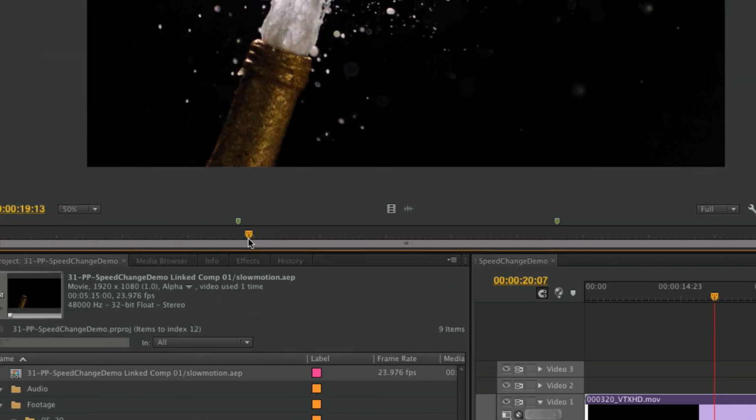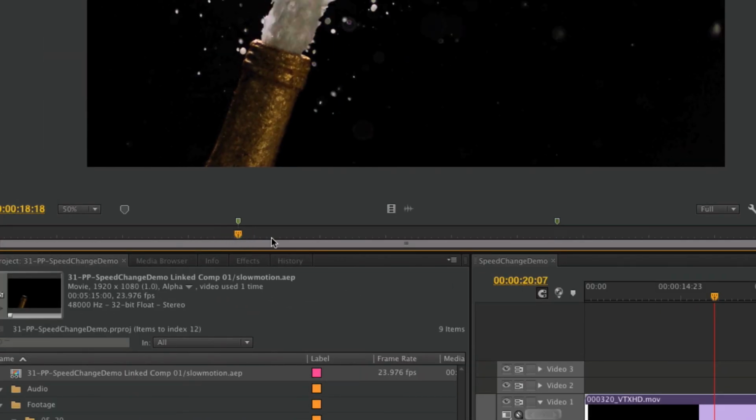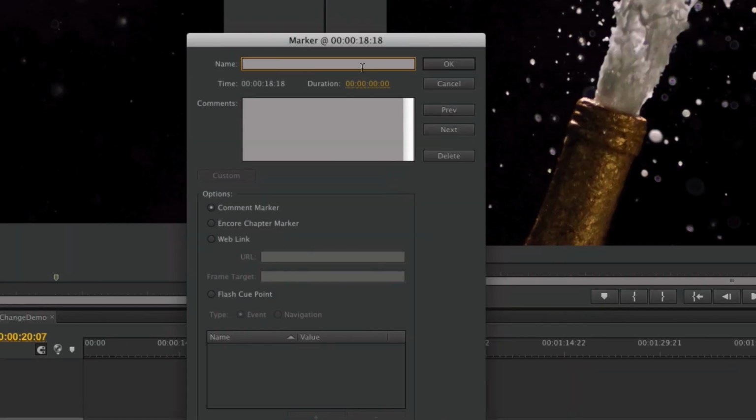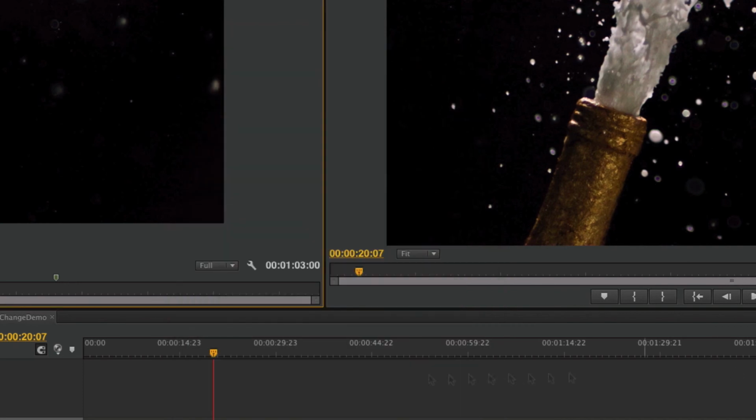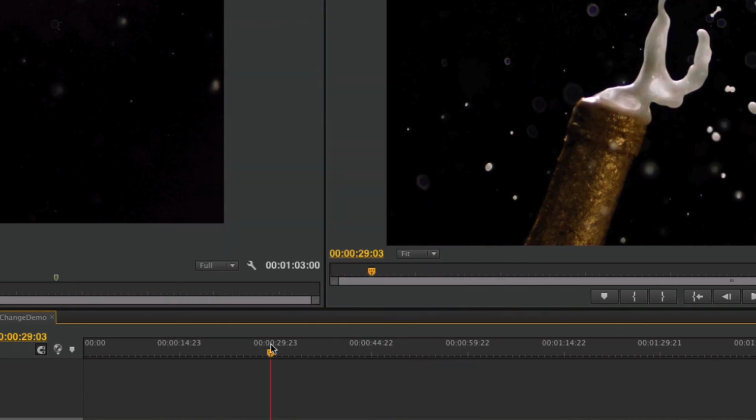So if I come up into the source monitor, hit Command Shift M to go to my previous marker, Shift M would go to my next marker, and then if I just double click on my marker, it will ask me what I want to name it. If I hit 0 and hit OK,